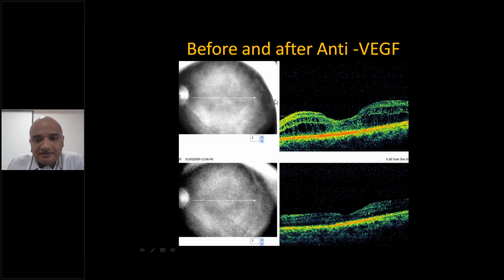Now here is a picture which shows the effect of anti-VEGF. This is a diabetic FFA picture. They have taken a cut section by OCT, and you can see there is a lot of edema, a lot of cystic spaces within the layers of the retina. The retina is swollen here. After giving anti-VEGF, what has happened? The edema has come down. The thickness of the retina has settled down. So that is the use of anti-VEGF. It decreases the edema, it prevents neovascularization, and it prevents the progression of diabetic retinopathy.